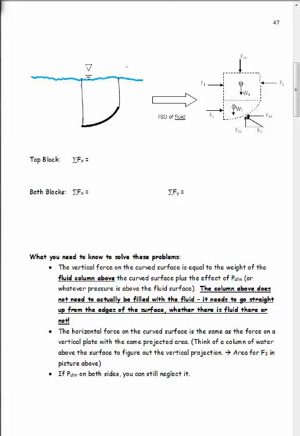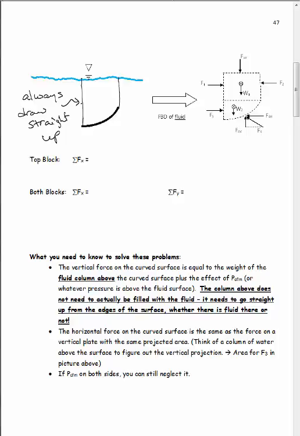In this case, it's where we have P atmosphere acting. Okay, and key, always draw these lines straight up. No matter what the shape of your container is, the lines are going to always go straight up. So in this case, we are going to be talking about the fluid, the weight of the fluid above the surface, because it just so happens when you draw it straight up, that is above our surface,